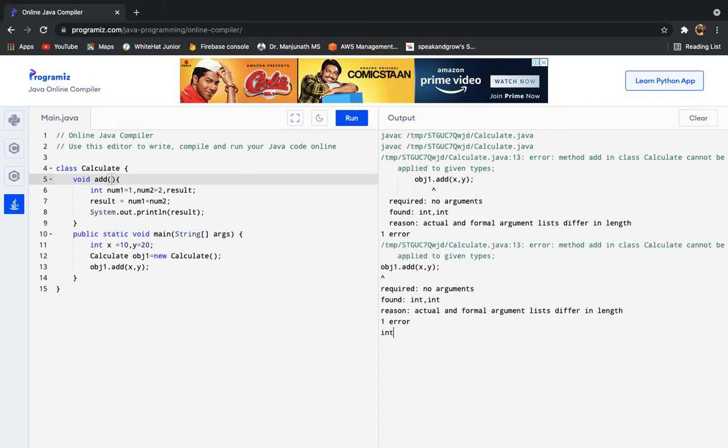We can name anything here, but two variables of the same type. They are integers, so you also have to take two integer variables. Not necessarily x and y, you can have num1 and num2. You can have x and y also, you can have a, b, c also.